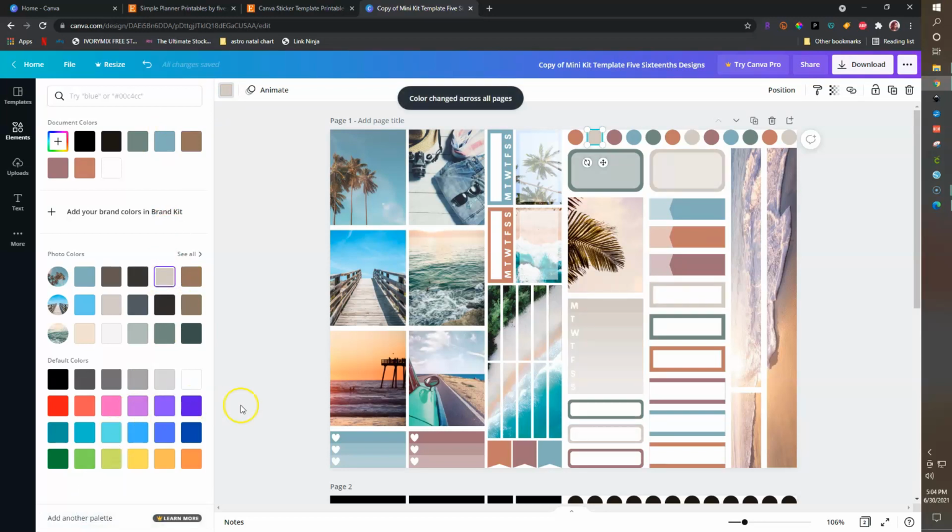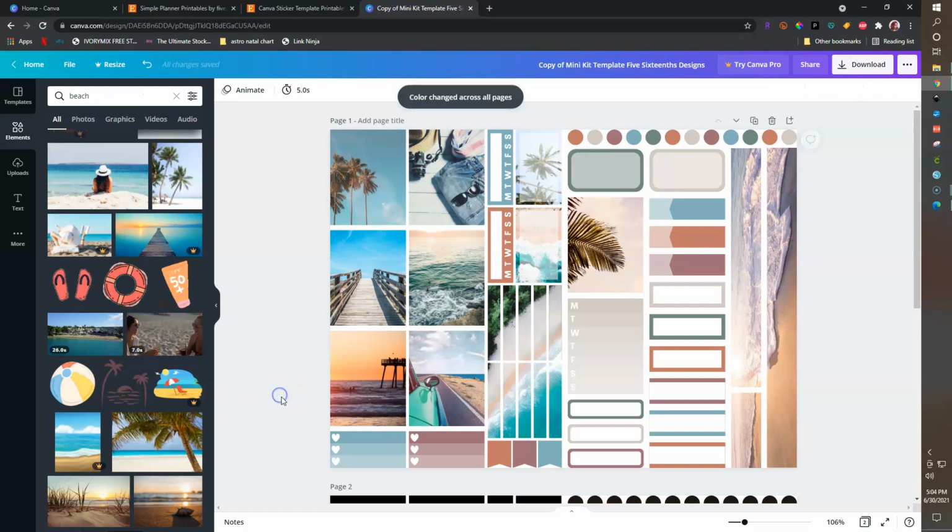That makes me feel better for some reason. Okay, so we have a lighter color in here. Okay, this looks pretty balanced to me. I really like it. And the reason why I left these guys blank for you all is so that you